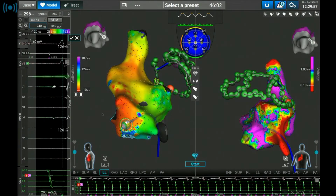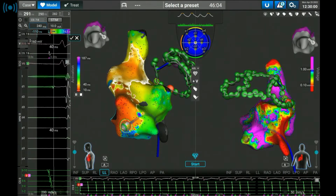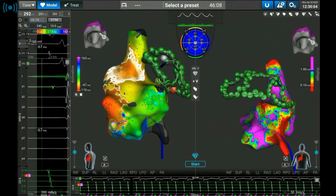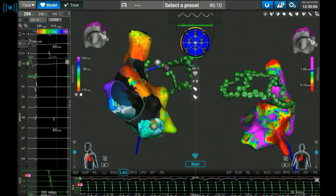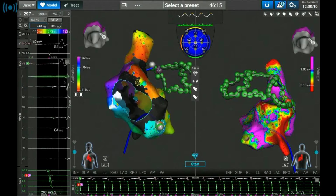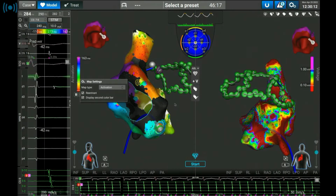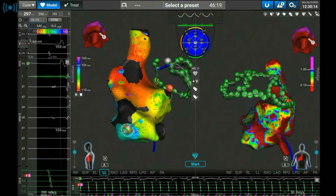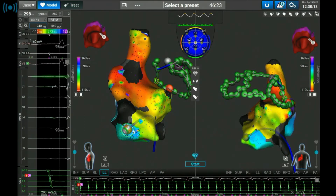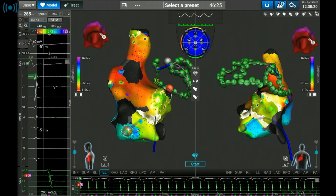So can you remove it? This is ventricle already. We have some overlap of ventricular electrograms. We'll take them out. But basically what we found was a counterclockwise, clockwise tricuspid annular flutter. The patient did not have it before, but we induced it, and we are going to ablate